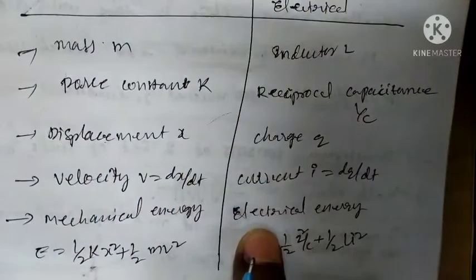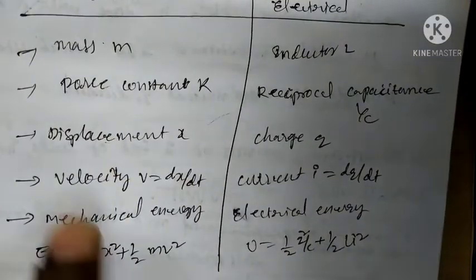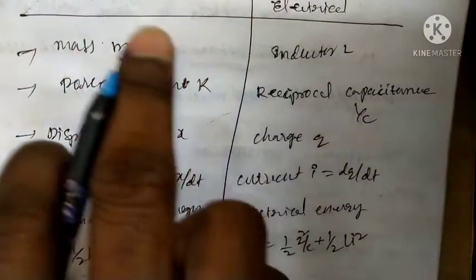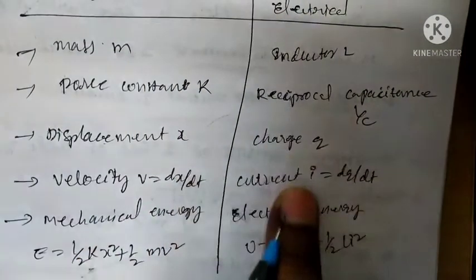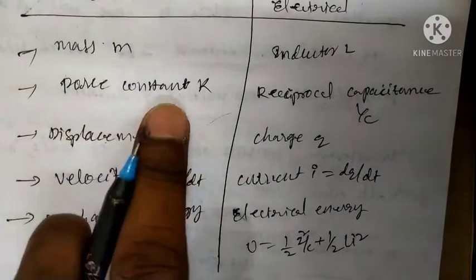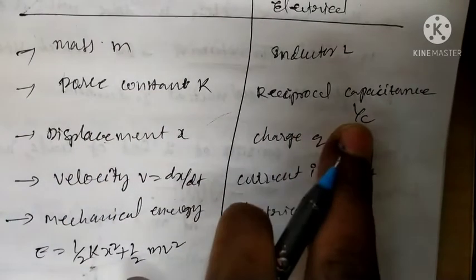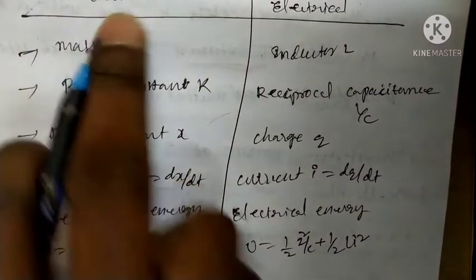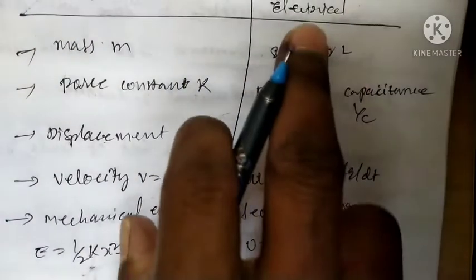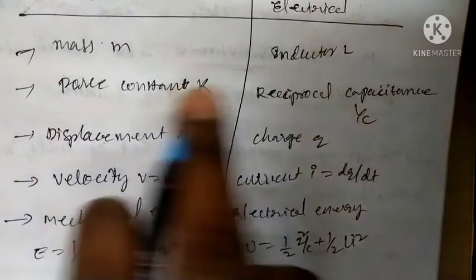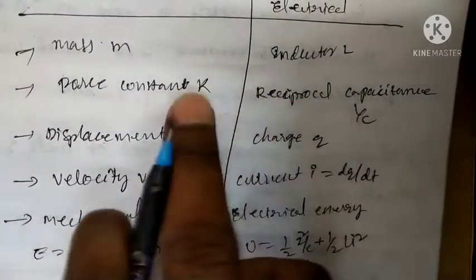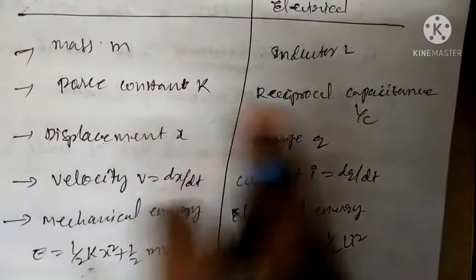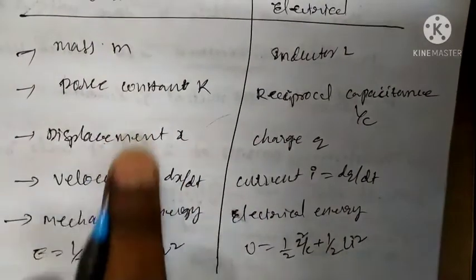These are the electrical parameters, and these are the mechanical parameters. They can show the same behavior. The force constant K is like 1/C. The K in the mechanical case behaves the same as 1/C in the electrical case; both have the same phenomena, the same properties, like stretching. That is the electrical case, and that is the mechanical case.